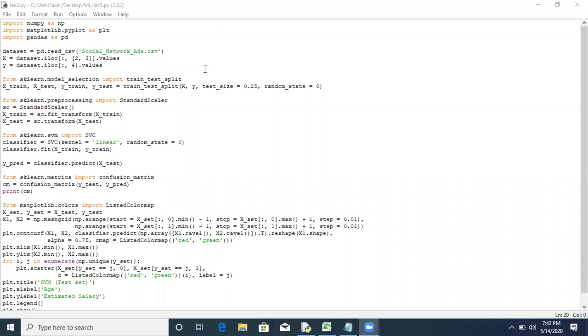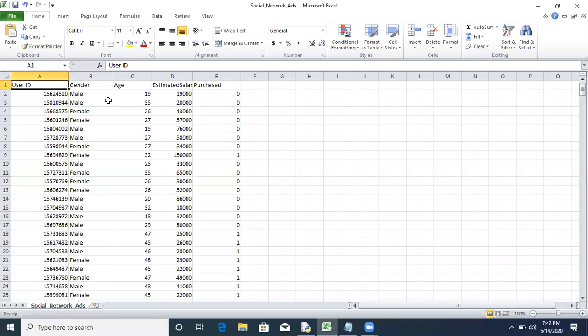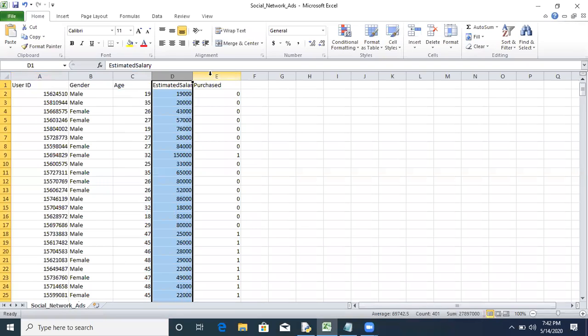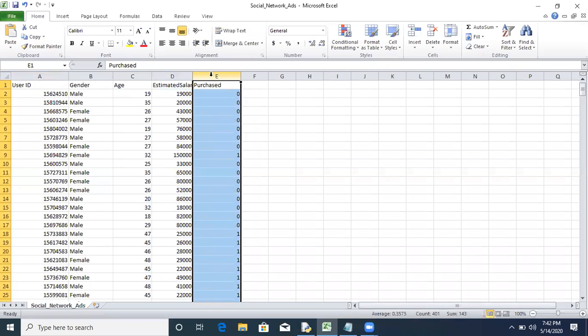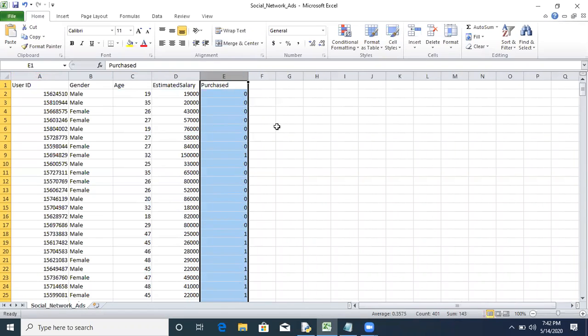So the dataset we are using is social network ads, in which there are multiple columns and multiple rows. Out of this, we are taking column number 2 and 3 as input and column number 4 as output. We are observing, based on age of person and his estimated salary, whether that person will purchase the product or not. If product is not purchased, that means it is 0.